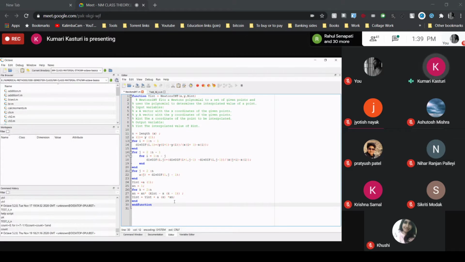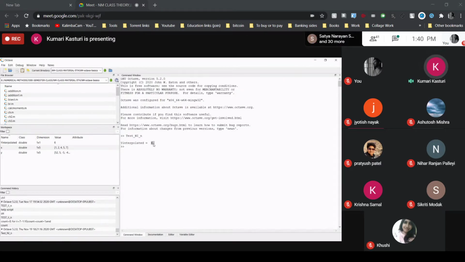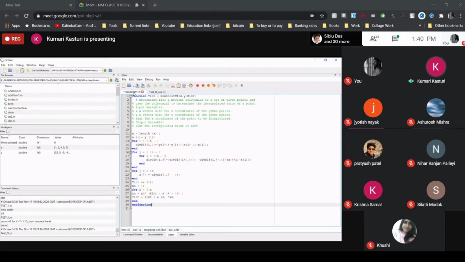In this code, if anyone has any doubt, please ask me, otherwise we will go for the output. All of you clear what I am trying to say here? Yes or no? Yes, ma'am. Okay, so now just see here, whenever we run this code, the answer is 6. Also in the theoretical method we got the 6. Again in the Lagrange polynomial also we got the 6. So the result should be the same as I have told you, only the procedures are different.